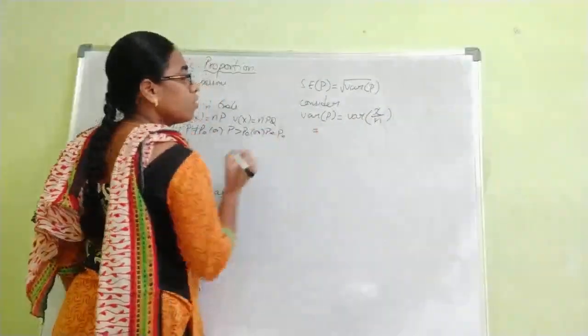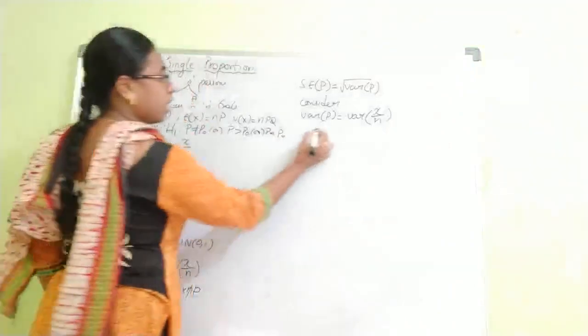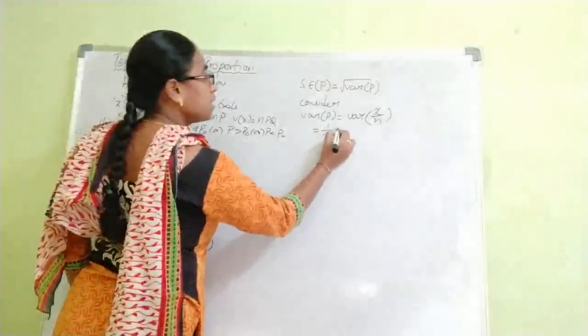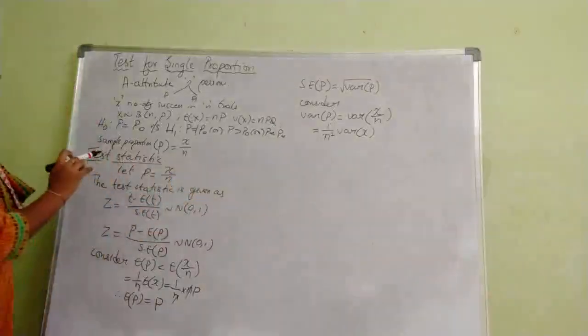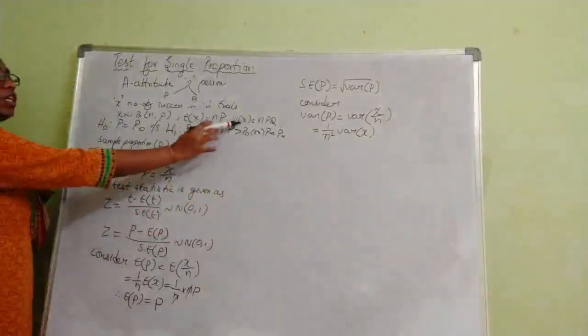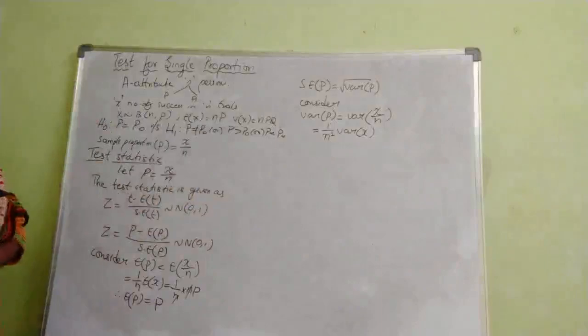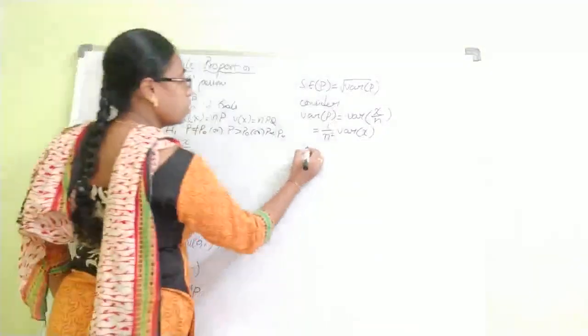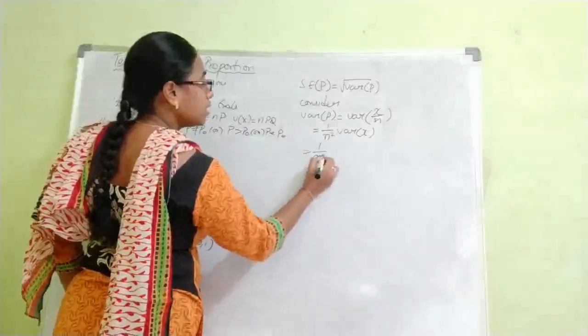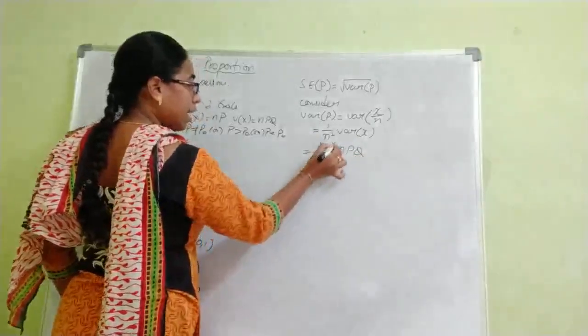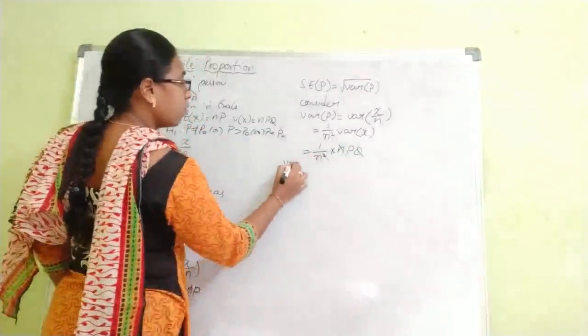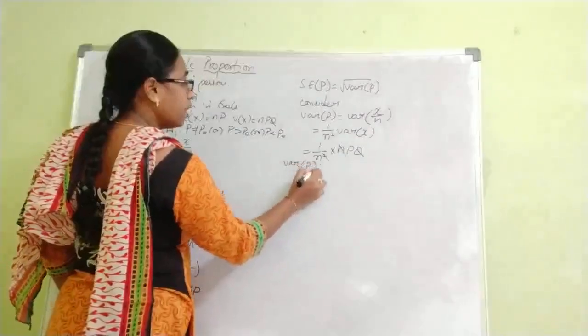So variance of a constant, we know it is a square, which is equal to 1 by n square. Variance of x: since here x follows the binomial distribution, the variance of x is npq. So this is equal to 1 by n square into n into p into q. N and n get cancelled. Therefore, variance of p equals